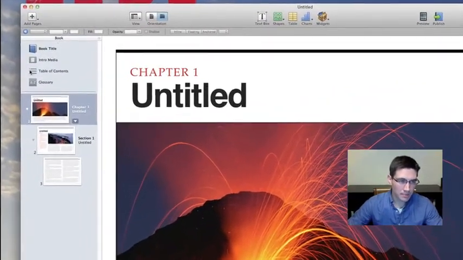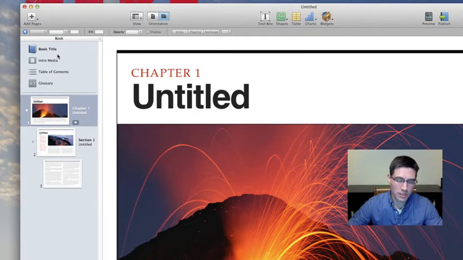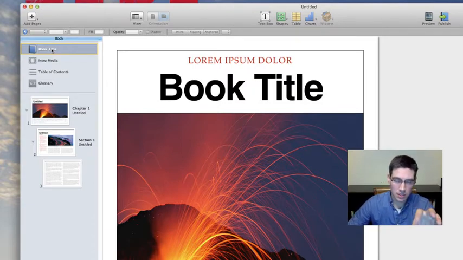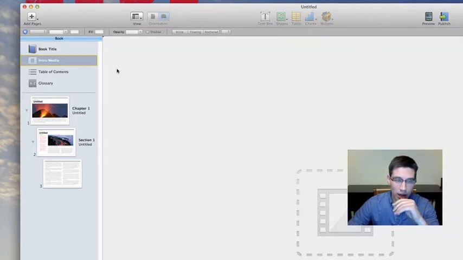On the left-hand side, this is more of our project browser. So up at the top, you can see this is where you're going to work on the book title. This is the image that you'll see in the iBook library when you open it up on your iPad. This is the first page that flips open for you. You can also add intro media,